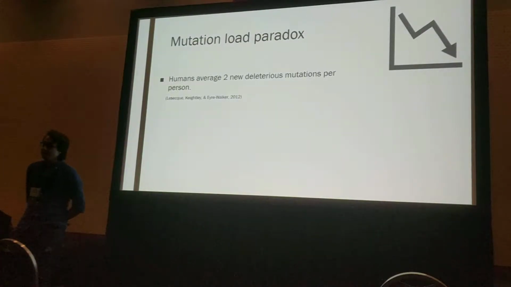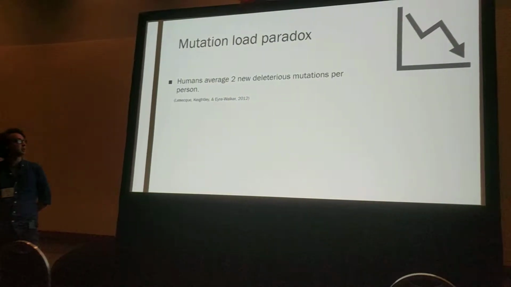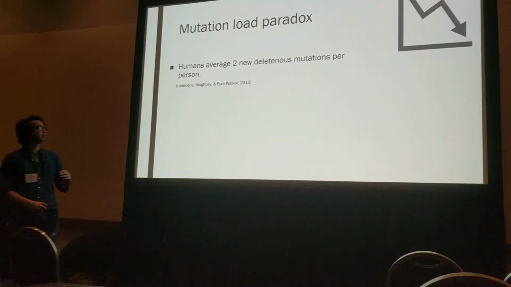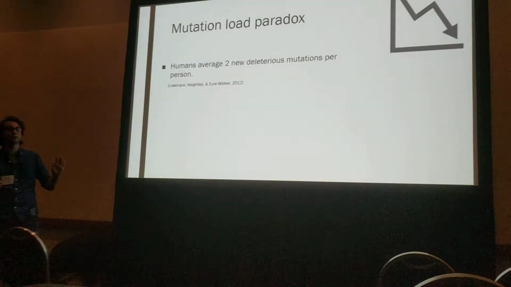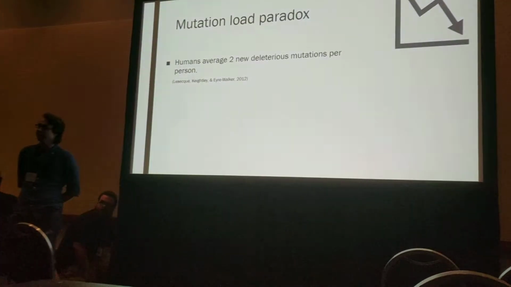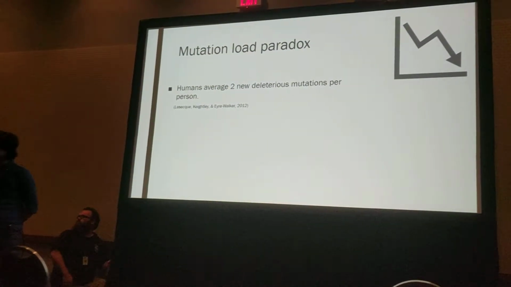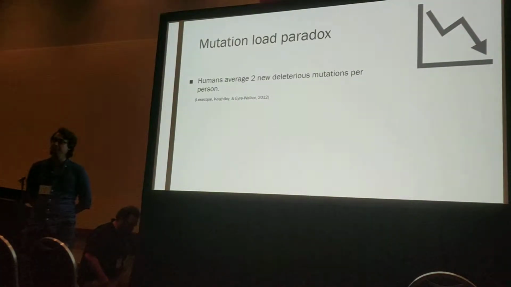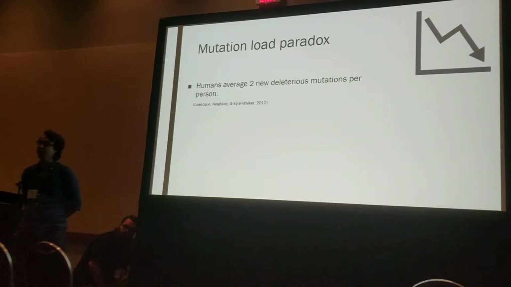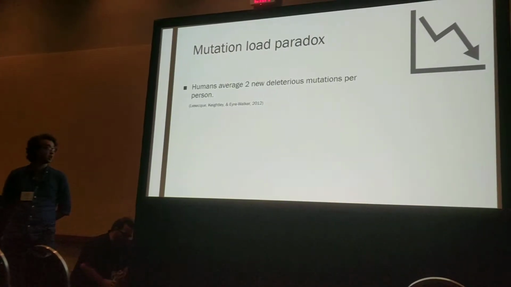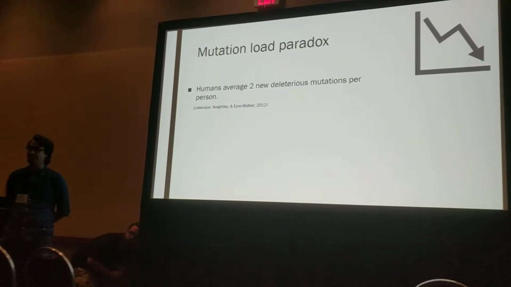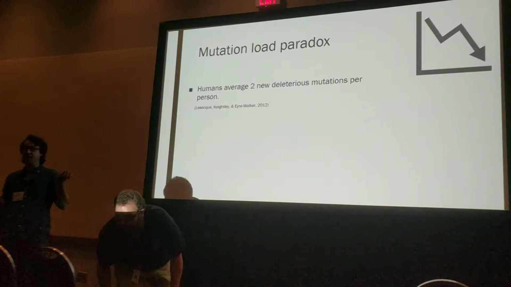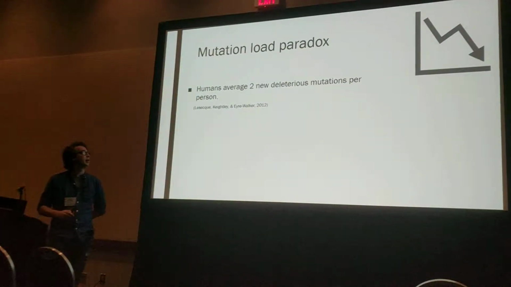a lot about mutation load. I'm going to talk about something I'm going to call the mutation load paradox. It's really motivated by this really interesting finding. This is for humans specifically. There's a lot of mutations in humans. So on average, a new human being, child born, will have 2 new deleterious mutations not found in either of their parents. This is not unique to humans, but I'm focusing on humans because that's who we care about the